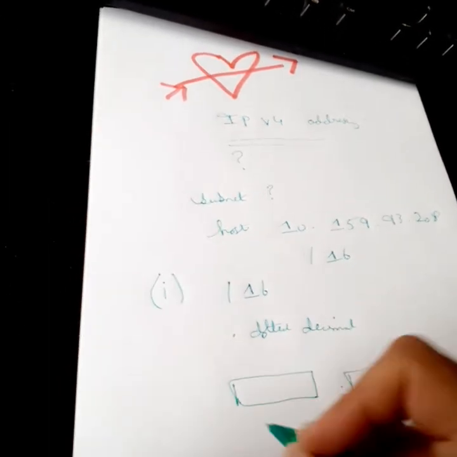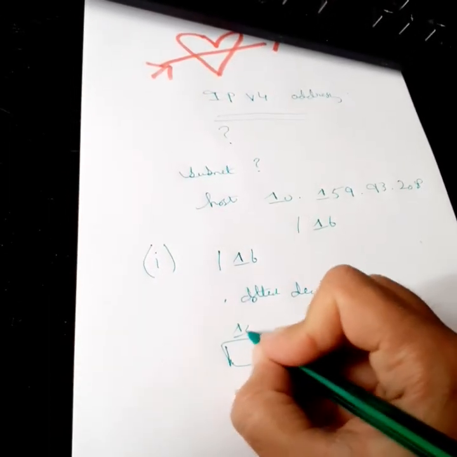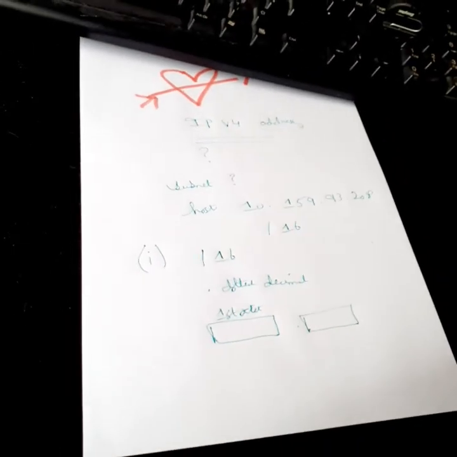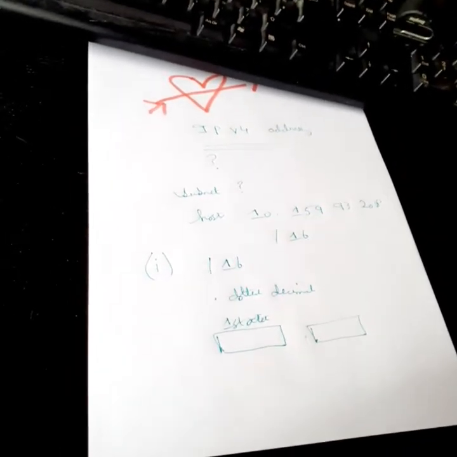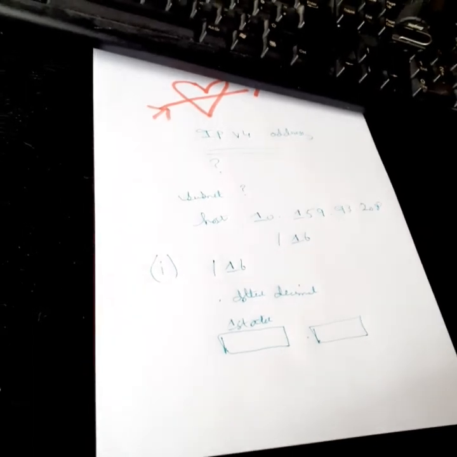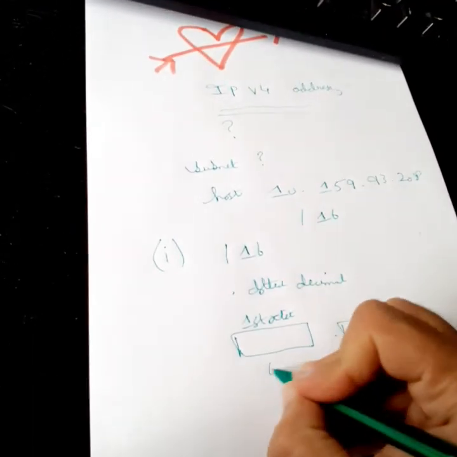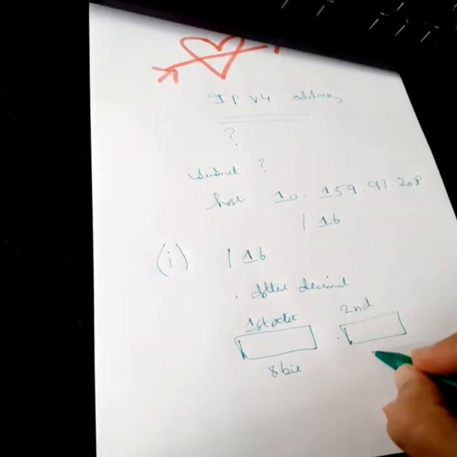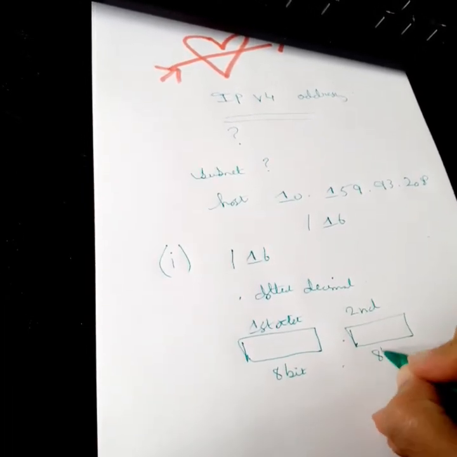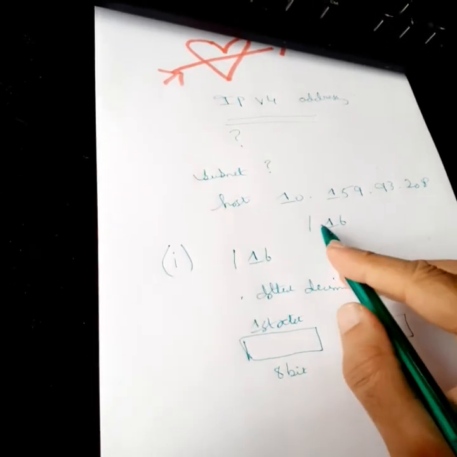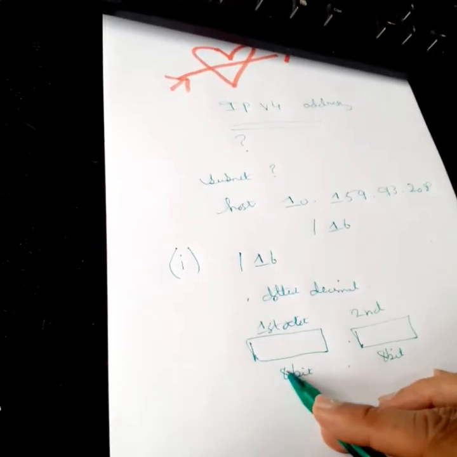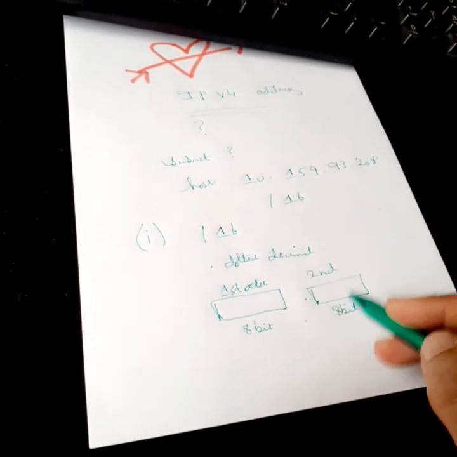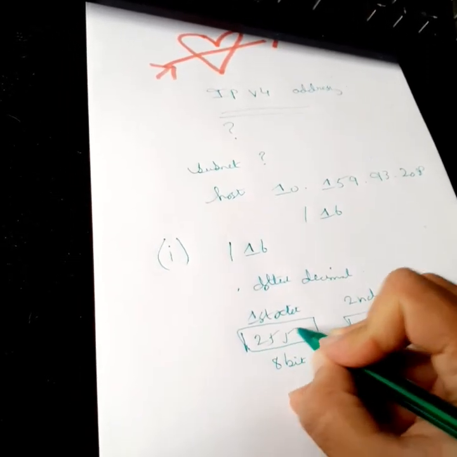So that's our first octet. An octet is an 8-bit value, or 1 byte value, so that's 8 bits here, and then we have the second octet, with 8 bits here. So if you see here, that's a /16, so 8 bits plus 8 bits is going to be what? 16. So, 255.